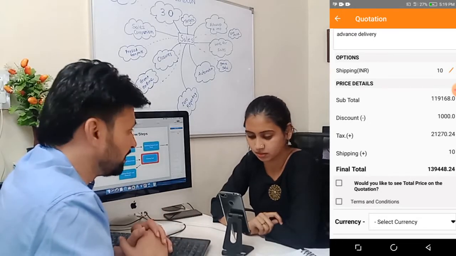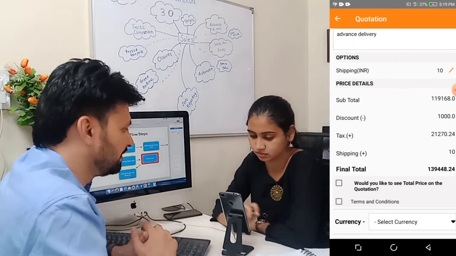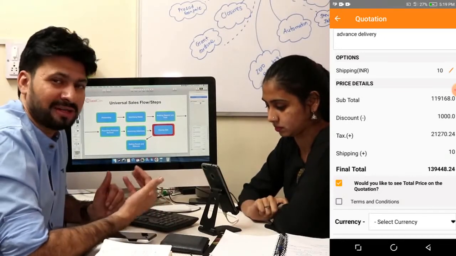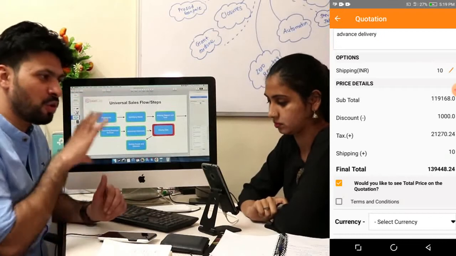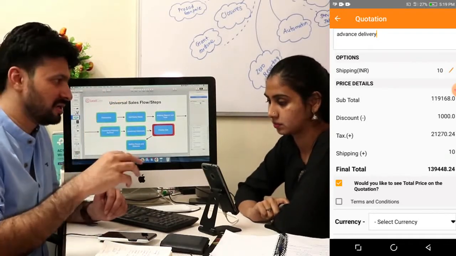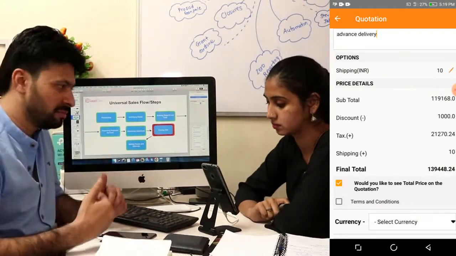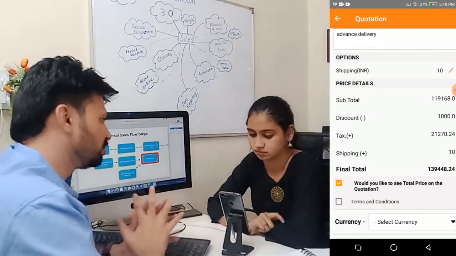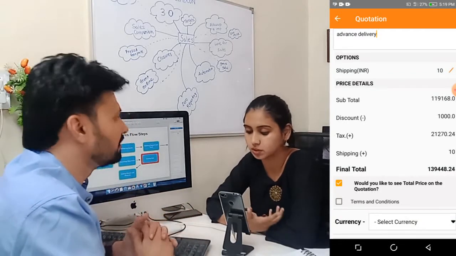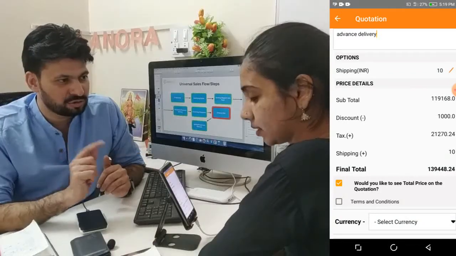Further scroll up, and now you can see there are 2 check boxes which say would you like to see the final cost. So we have given an option over there where in case you don't wish to show the final product price, like you want to send the quote item number wise, only items with the main cost, you can do that, or you can put the total price. So choose, currently you can choose that. Would you like to see the total price on the quotation? Correct. Tick. Yes.